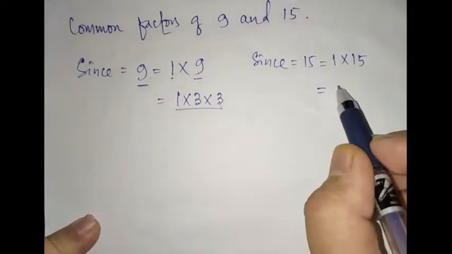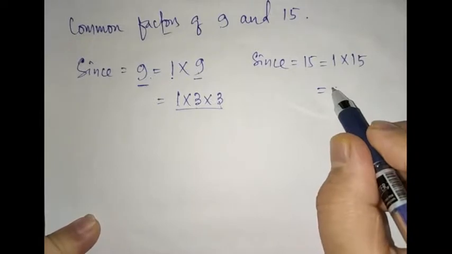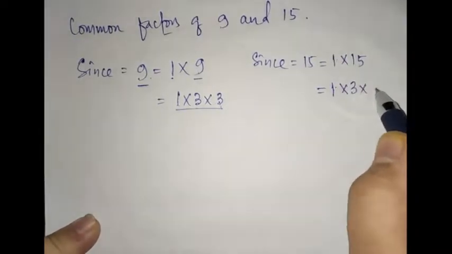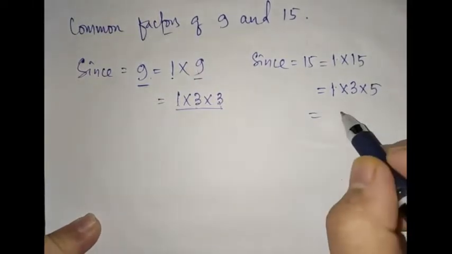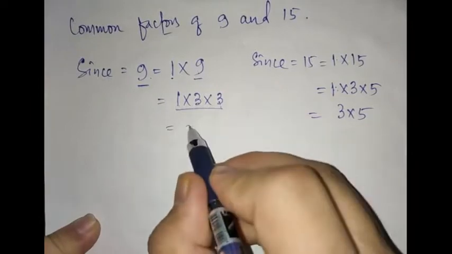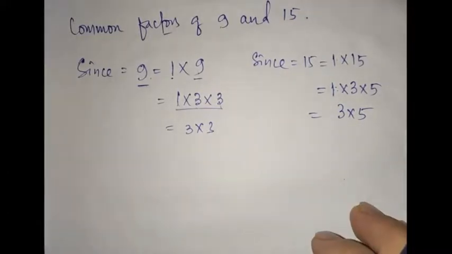So in what form can you break 15? 15 can be broken in the form of 1 into 3 into 5. If some student forgot to write 1 and writes only 3 into 5, that will also be okay. If you forgot to write 1 for 9 and write only 3 into 3, then that is also okay. Alright, now you will write,